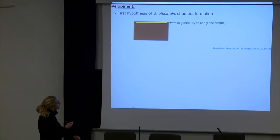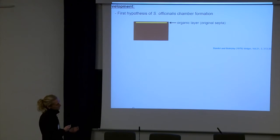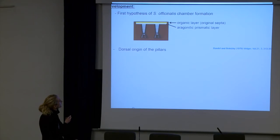And this first observation allowed us to understand a bit more how the Sepia officinalis shell formation occurs, with our observations used together with data from the very interesting article from Bundle and Biologie. So first you have an organic layer, at the place of the original septa. Then an aragonitic prismatic layer is formed in the dorsal part with the formation of pillars and branching at the extremity. But afterward, we don't know